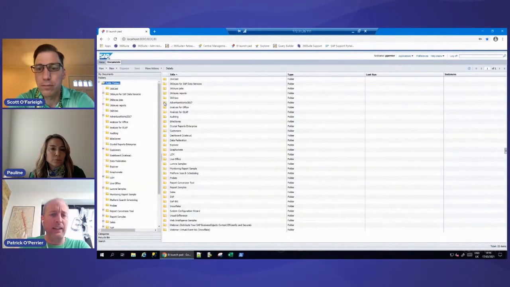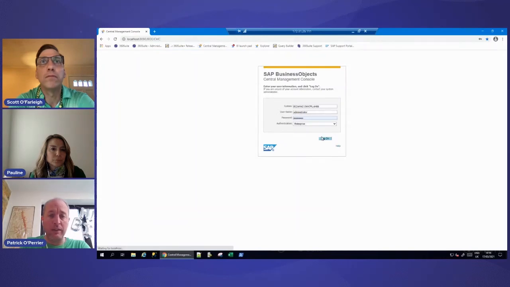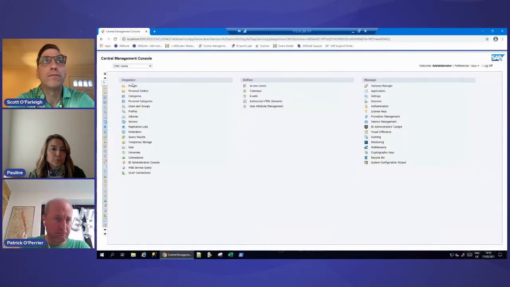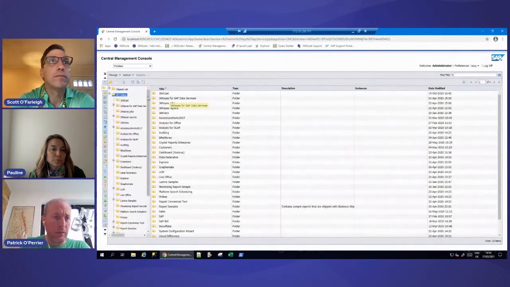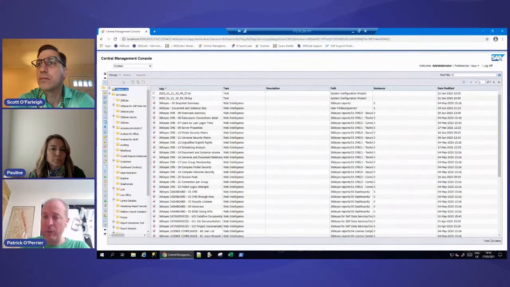And again, without any of the 360 Suite solution, what would I do? I'll have a look at the content that I have here. I would log on in the CMC to find out, right, okay, how many objects do I have? Well, I have 332 objects. So that's kind of the amount of what I'm expecting to see after I have migrated. It will be less in reality because, again, minus the